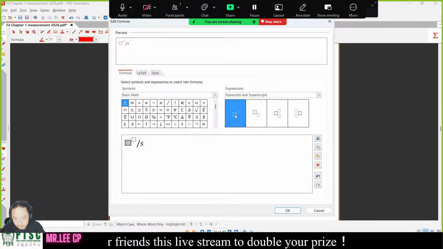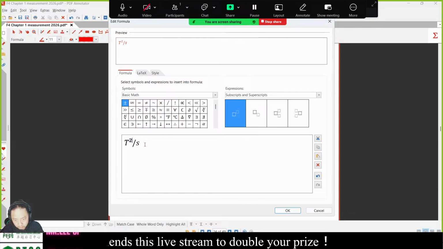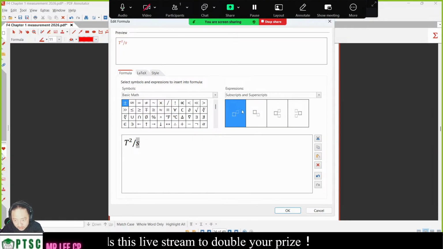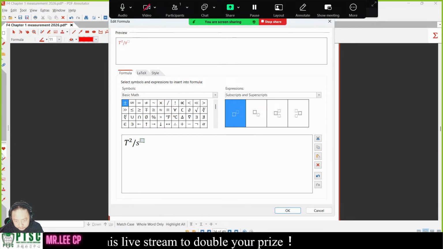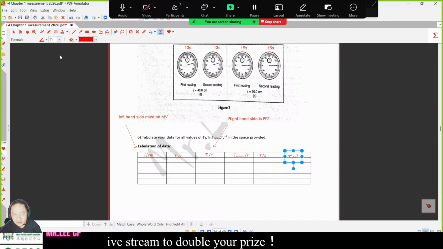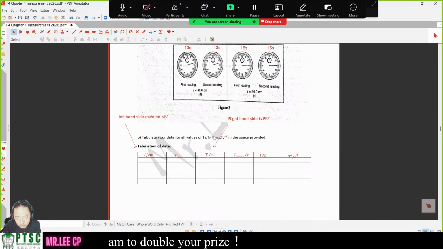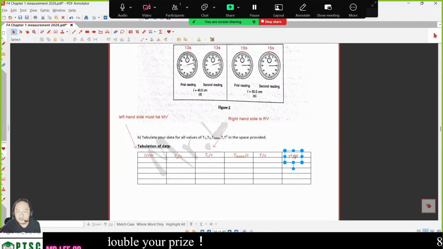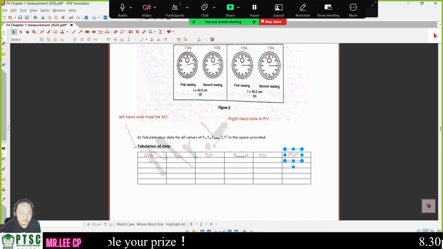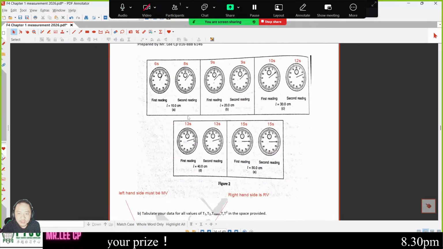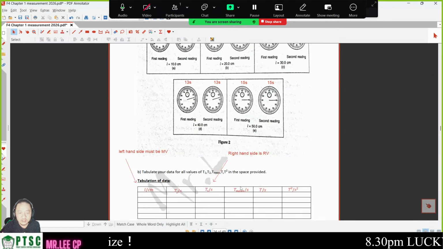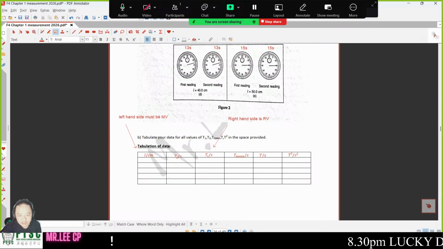T square. This one is second square, of course. Okay. T1, T2, T-min, T, and T square, of course. Now we are going to put in the value. The values here: the length is 10, 20, 30, 40, 50. Alright, so here it is